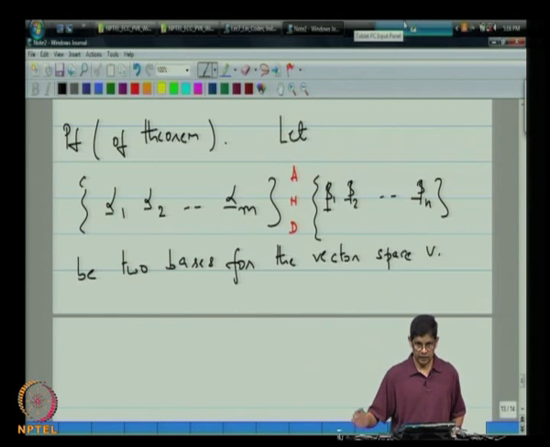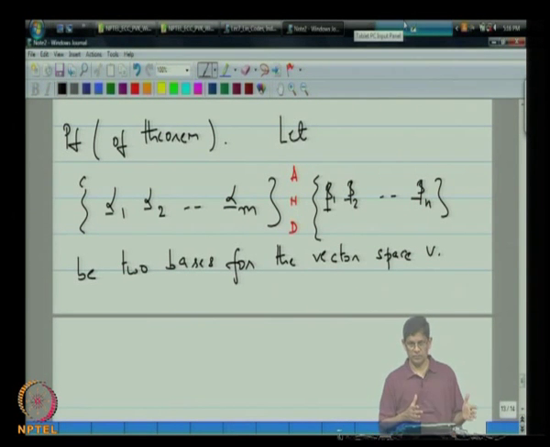So, now you have two different bases, one seems to have m elements, the other seems to have n elements. Now, let us regard the basis consisting of the vectors alpha i as a kind of a reference. So, think of that as a reference, and then let us examine the vector set beta j in terms of